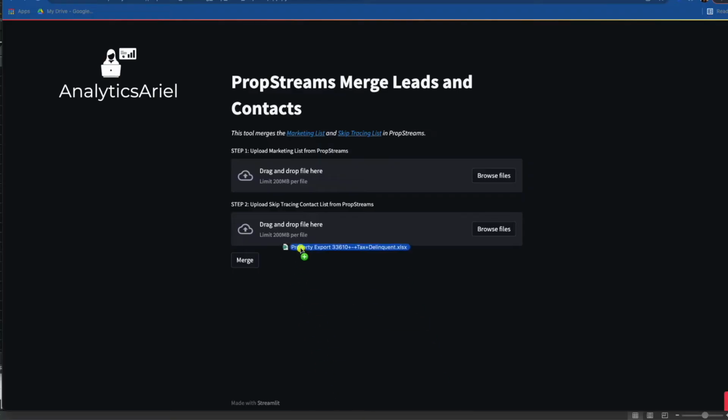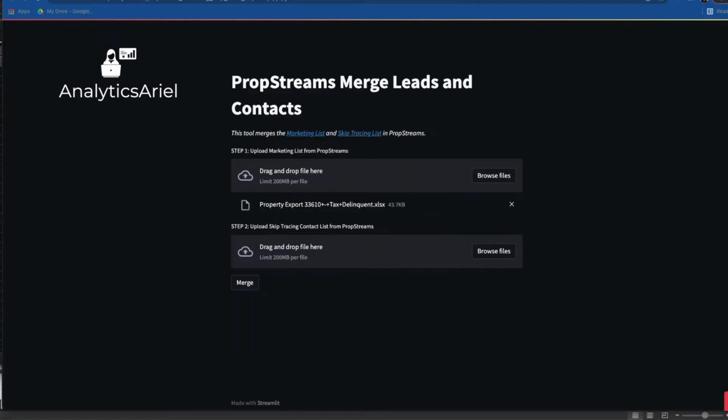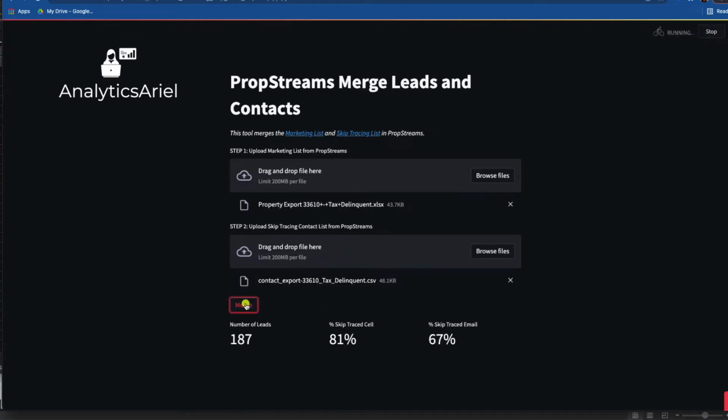Hey everyone, do you find yourself working across multiple spreadsheets and you just want to combine everything into one? Well, I'm going to show you how to do that using Streamlit in Python to create an easy app in order to merge different data sets together. The tool that I've created uses PropStream data, which is a real estate software that takes leads of potential people to buy properties from, and then takes their contact information so that you can reach out to them,